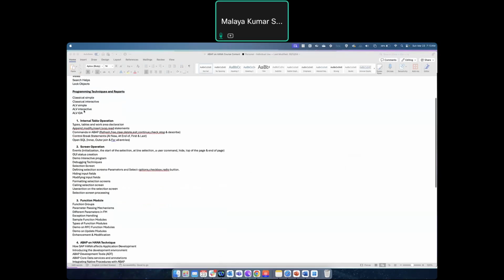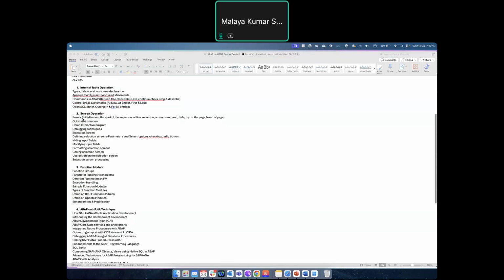And in that we have internal table operations in programming, how you will do table operations to modify, insert, and loop and read statements in your program. And open SQL, how you will use joins and control break statements. Those will be your table operations that you will learn in actual ABAP programming.